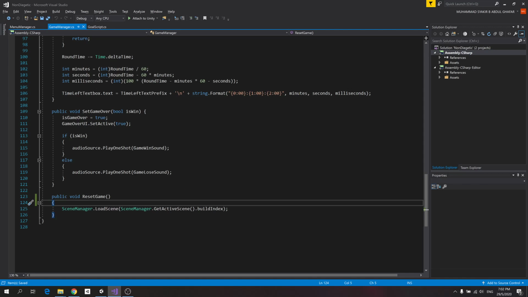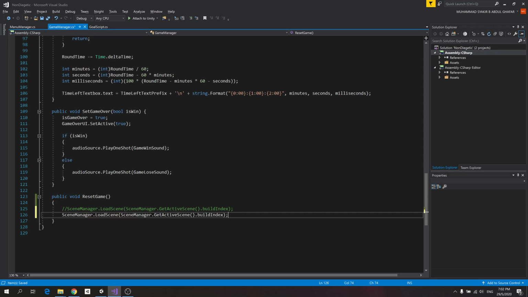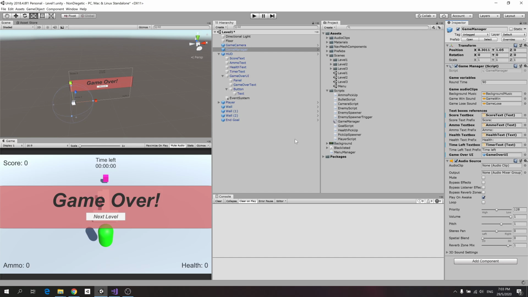So instead of reset the game, now I want to go on to my next level, because it depends on where I am going. So I will probably need to get in a parameter. So instead of reset game, I will take a parameter string, scene name. So instead of going to the next index, I will go to the scene name that I pass in. So if we come back to our button,